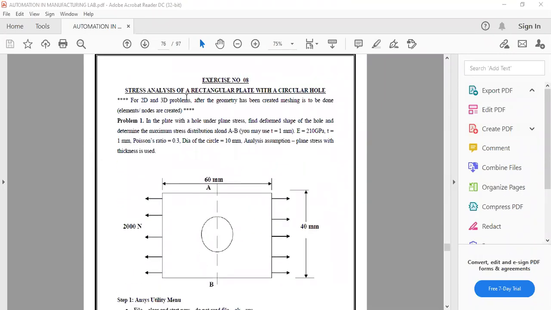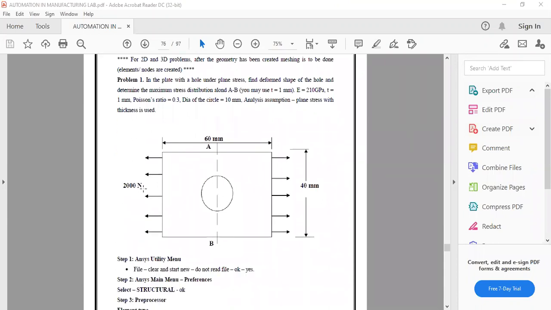And then this exercise, stress analysis of a rectangular plate with a circular hole. You have the loads at the end, a circle in the middle. So you will have some stresses, because the cross sectional area here is less because of the circular cutout. So the stress naturally would be more here.